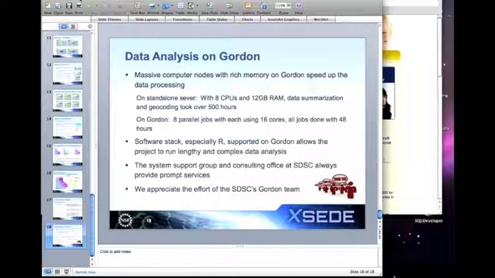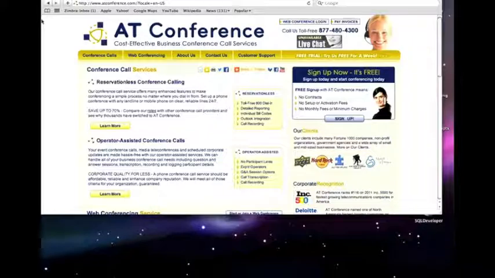We also tried very hard on Gordon to find the best parallelism, how many nodes we should use, and for each node, how many cores we should use. After some testing and some benchmarks, we figured out